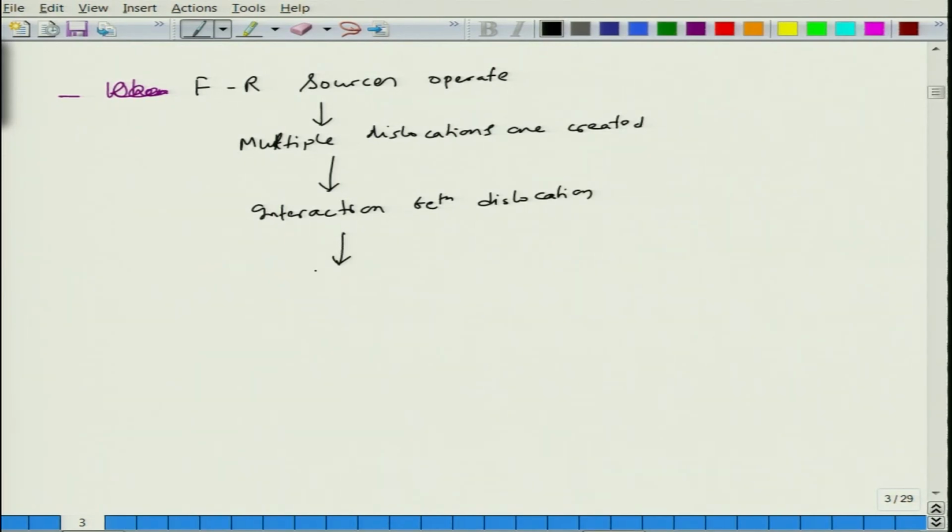This can lead to things like the formation of, let us say, sessile dislocations, dislocation pile up,